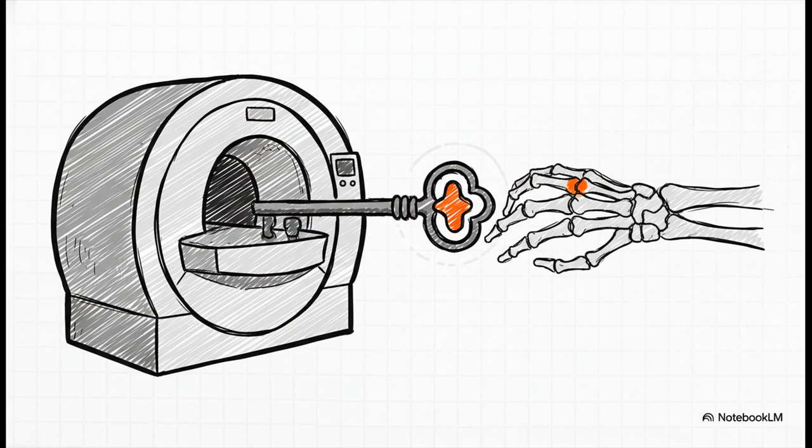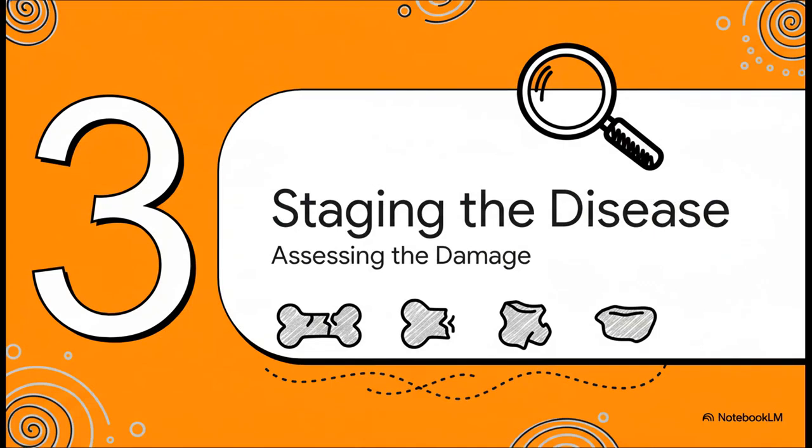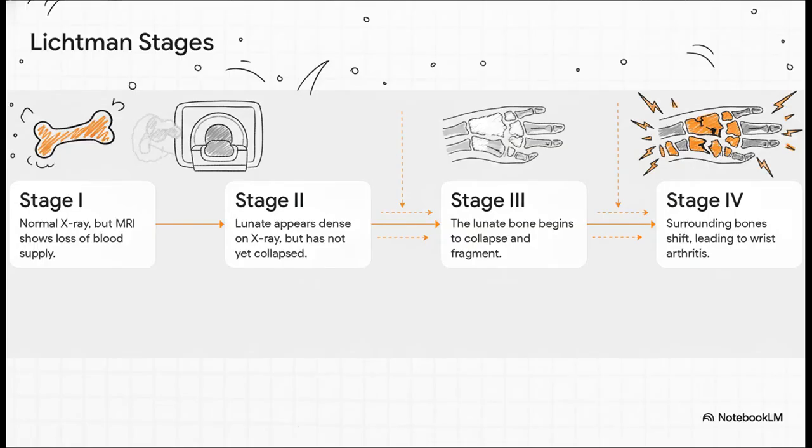Okay, so now that we know it's Kienbock's, the next big question is how bad is it? How far along is the disease? The investigation now shifts to figuring out the stage of the disease, which is critical for figuring out the right game plan. The go-to system for this is called the Lichtman classification, and it's based on what you can see in x-rays. So, stage 1,